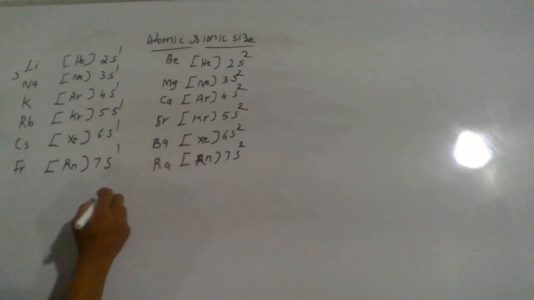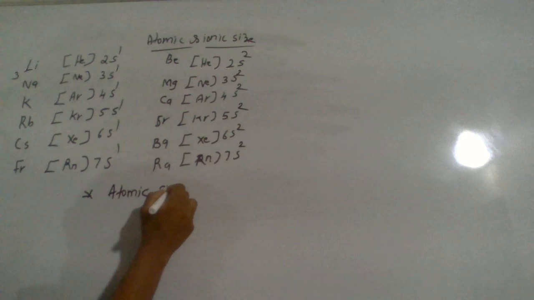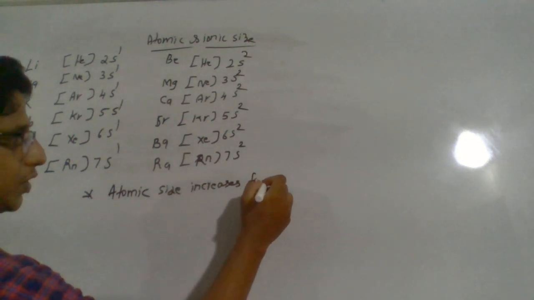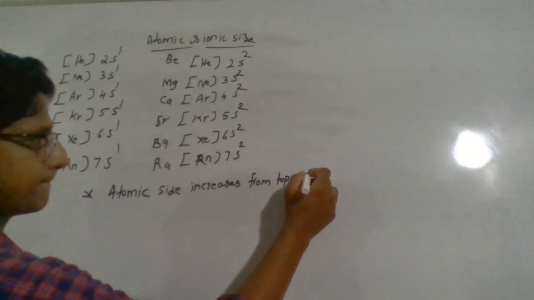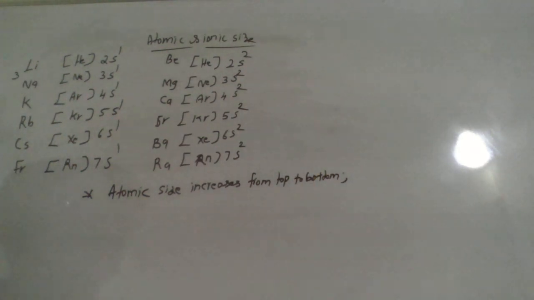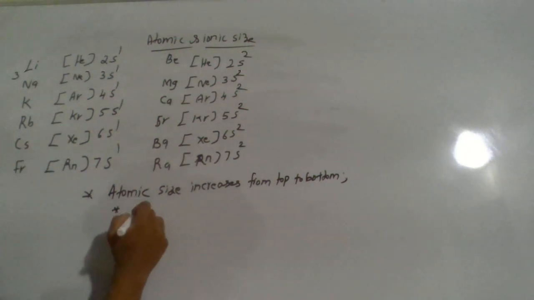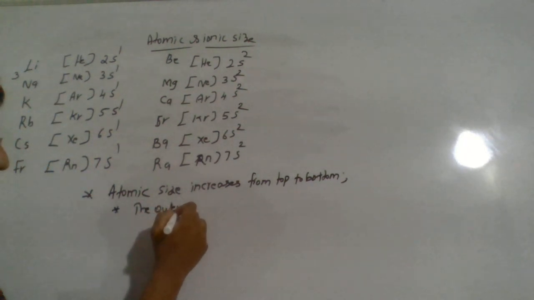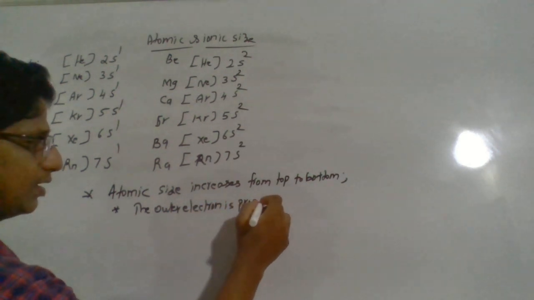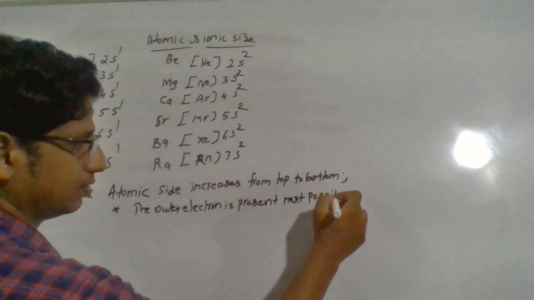Talk about now the atomic size. Let me write that first point. Atomic size increases from top to bottom. Okay, that's the first one. Now let us think why it's so. Because, first point, the outer electron is present in the next possible energy level,